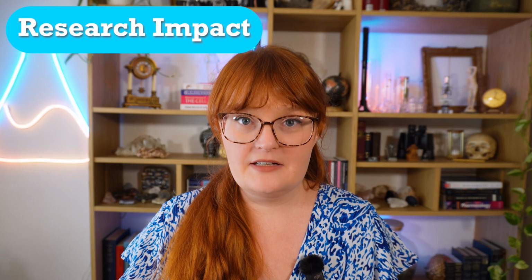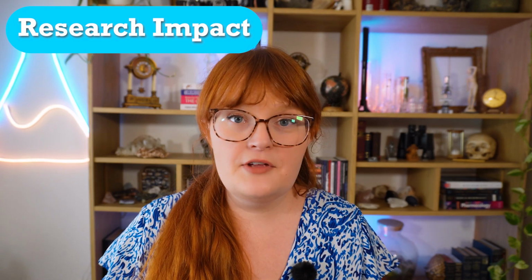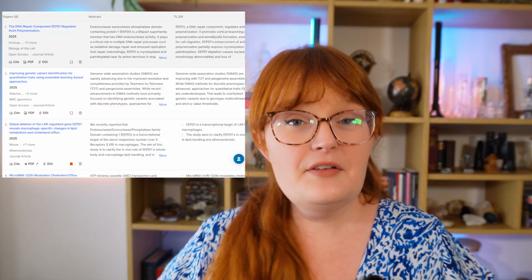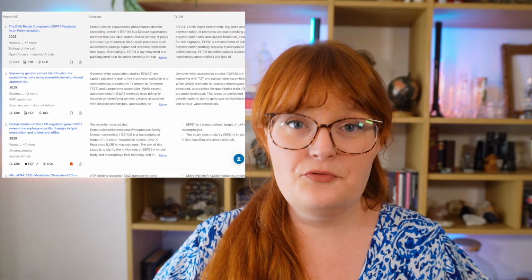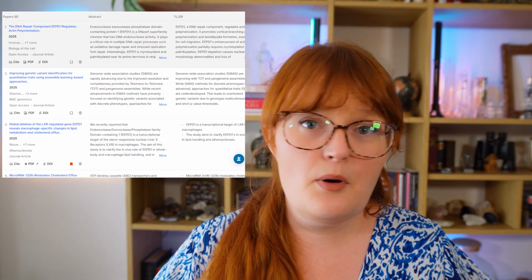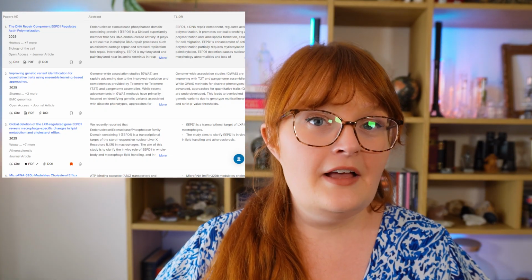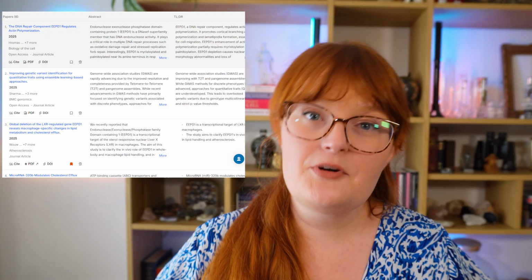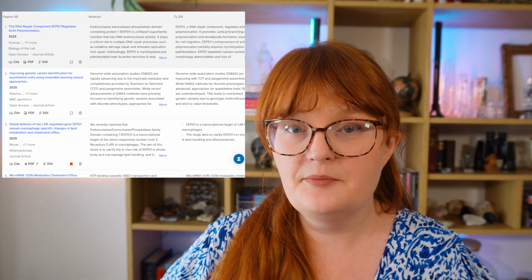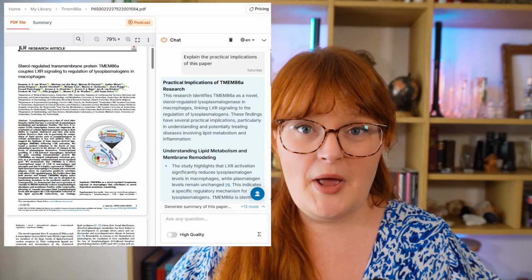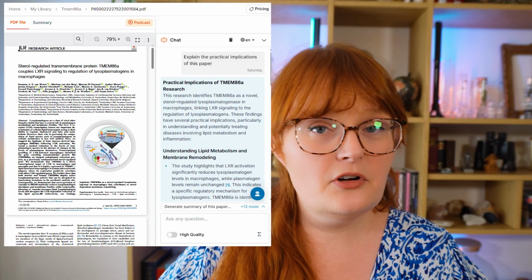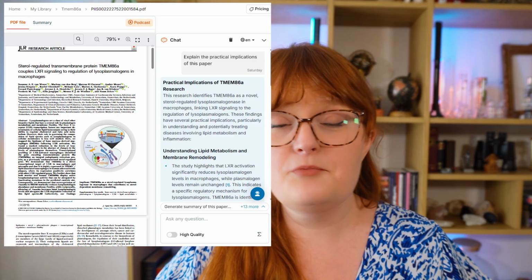The first and probably most important is research impact. Now here, it isn't about how many different features a tool has, but it's about if this tool actually helps you with your research workflow. And I think SciSpace actually does a pretty good job. The review the literature function really helps you find literature in a different way than just a PubMed or a Google search. And the AI summaries help you figure out which papers are actually the most important pretty quickly. Then you can continue reading the paper and using chat with PDF and your note-taking functions to save important information